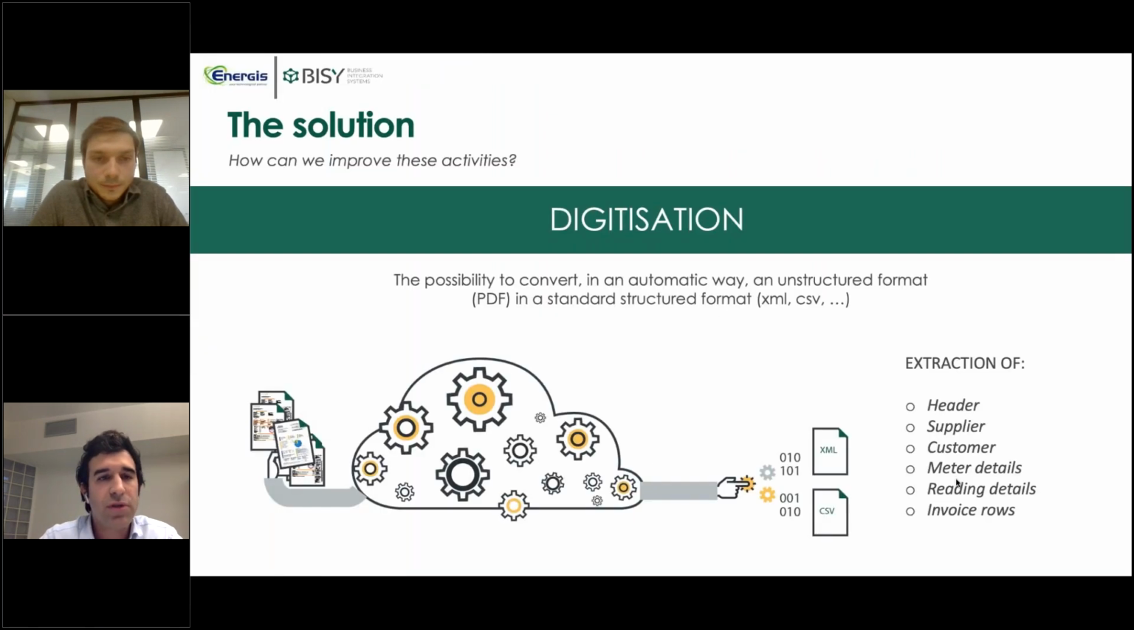So which is the solution? The solution is to use digitization. That is the core and the topic of this webinar. What do we mean by digitization? Digitization is the possibility to convert in an automatic way an unstructured format like PDF into a structured format like XML or CSV. So the digitization engine of our energy data validation platform permits ingesting the PDF files